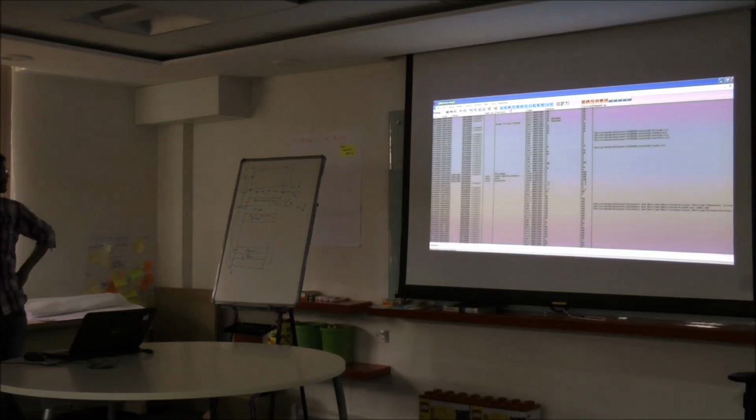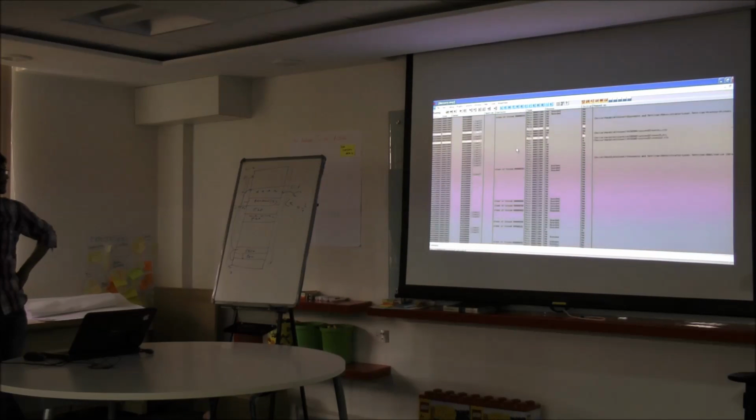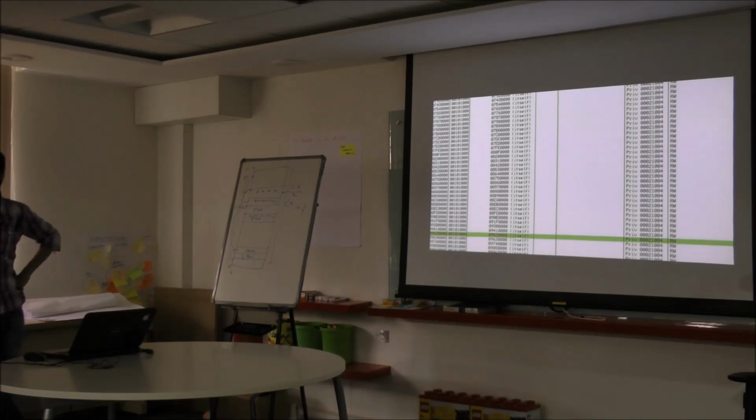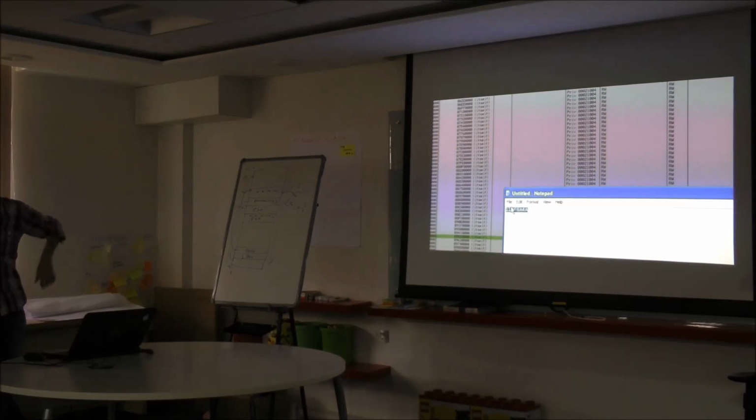Now we again look into the memory to see if we have the right allocations in the right way, and we can see that we have the locations. So we'll just use this address, and we will go to this address to see if it is available.